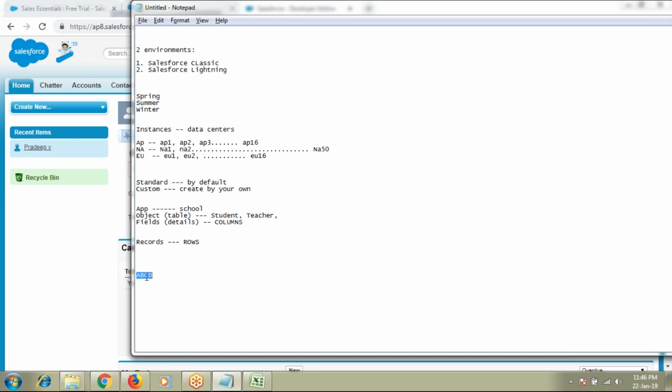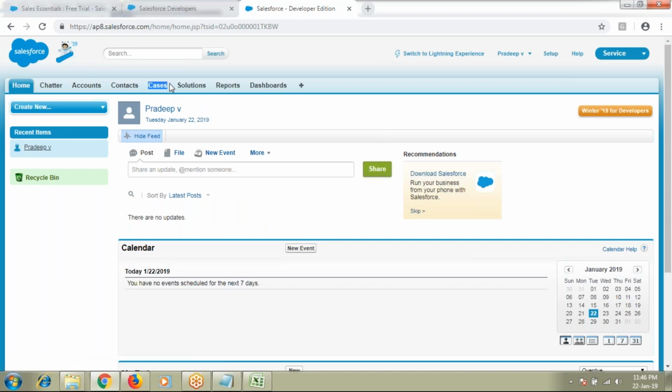Whenever they reach out to the service department, the service department has to raise the cases on behalf of the customer, because the customers will not be having access to the Salesforce instance. Now let's suppose Vodafone, which is a network operator here in India. If I'm using Vodafone and I have some issue with my Vodafone network, will I be having access to their database where I can log the cases directly? No. What should I do?